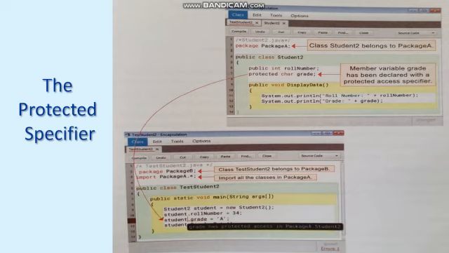In this illustration, the member variable grade declared with the protected access specifier is not accessible from outside the package and is said to be well encapsulated. So note that roll number, being a public member, is accessible in test student2. Now the class that is not defined in any named package is in an unnamed package called the default package. This is about the protected specifier.